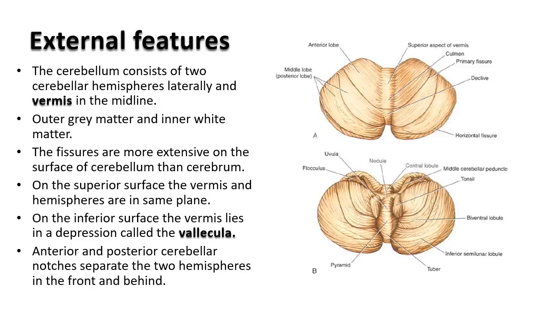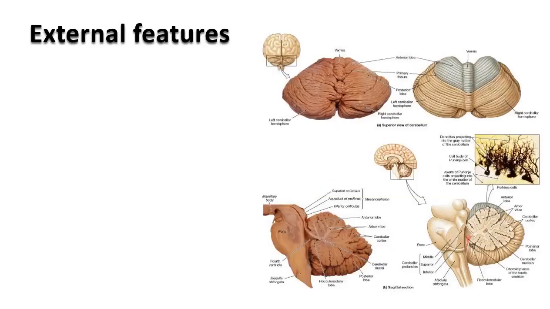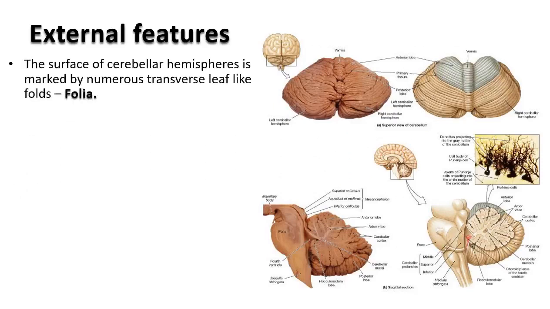So continuing with the external features, between these fissures you are able to see these small folds of the cerebellum. Mainly they are the cortex. It is called the folia. Folia means it is thrown into numerous folds. If you cut a section of the cerebellum, inside these folia you can see they show a branching tree pattern, and that is called the arbor